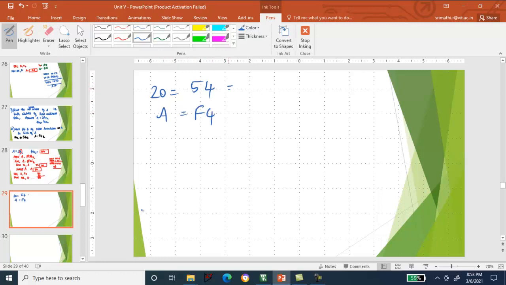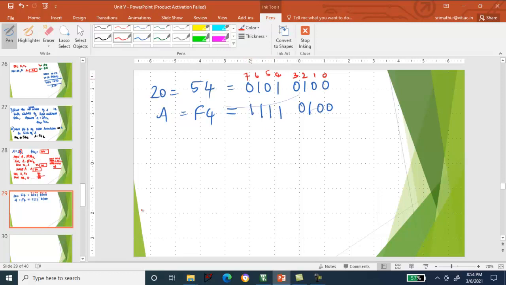54 is 0101 0100, and this is 1111 0100. Now the bit positions are 0 1 2 3 and then 4 5 6 and 7.